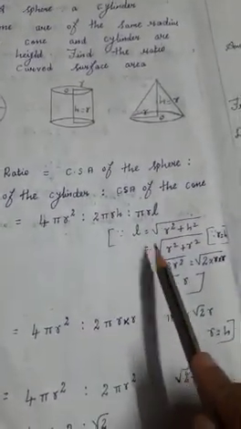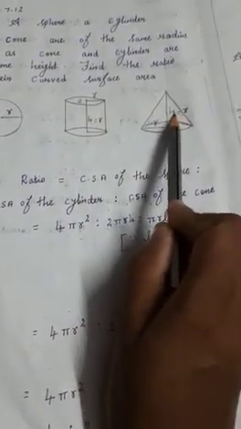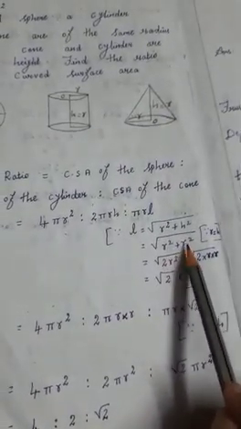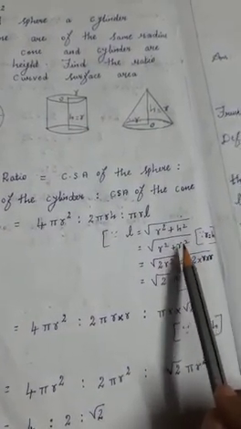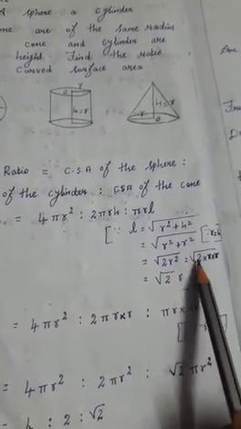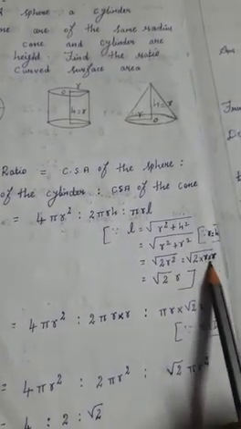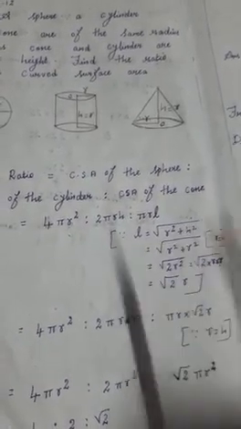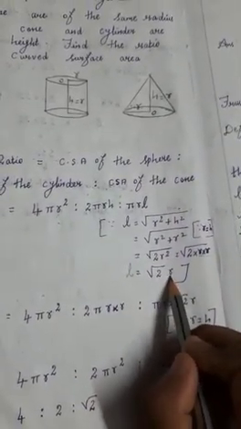Now L is equal to square root of r square plus height square. Here height is equal to r, they have given. So instead of height you can apply r. So height square becomes r square. So r square plus r square, you know that is 2r square. Then you can write square root of 2 into r square, meaning r into r. This r comes 2 times, so one r can come outside, and square root 2 remains. So now L is equal to square root of 2 into r. This is the L value.